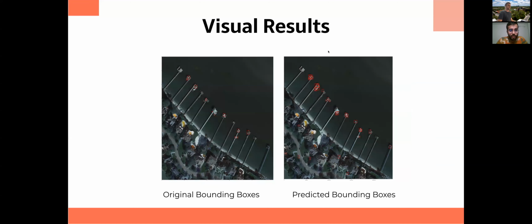And in the other result, we see that there are multiple ships and we are able to detect them, but sometimes in some ships there are multiple bounding boxes, which we believe happened because of less epochs of training, and non-maximum suppression within the object detection algorithm was not able to converge well.